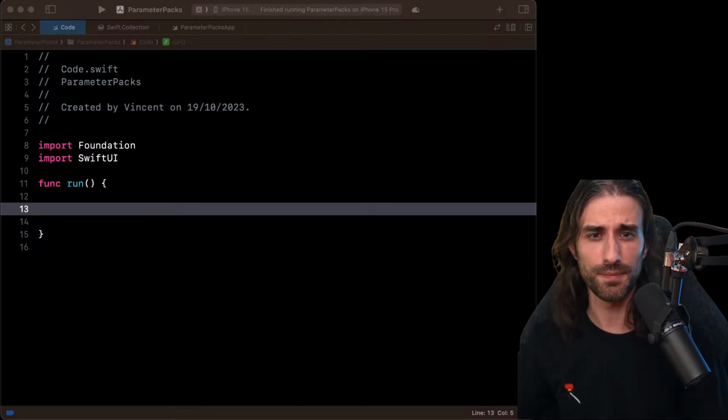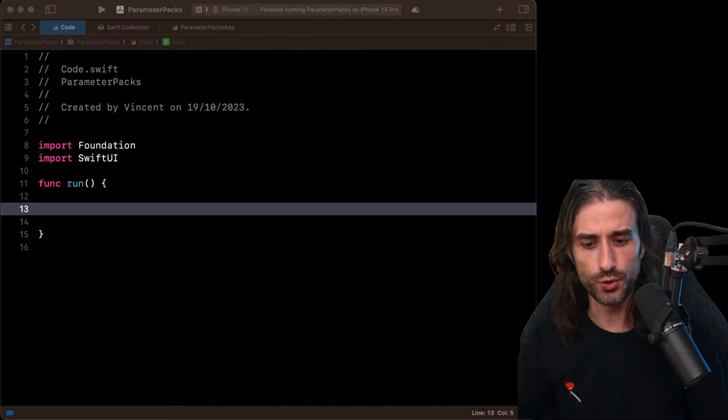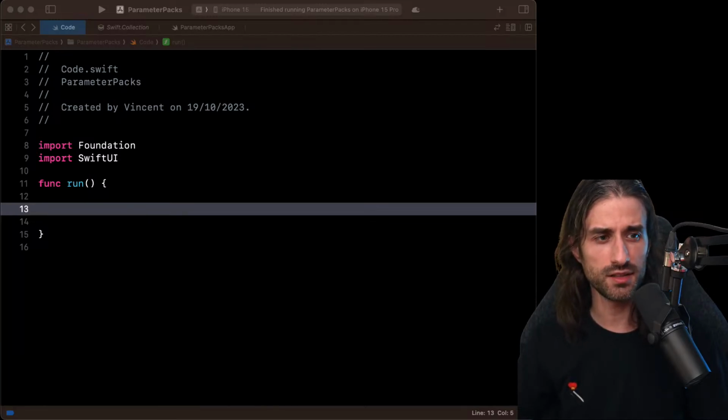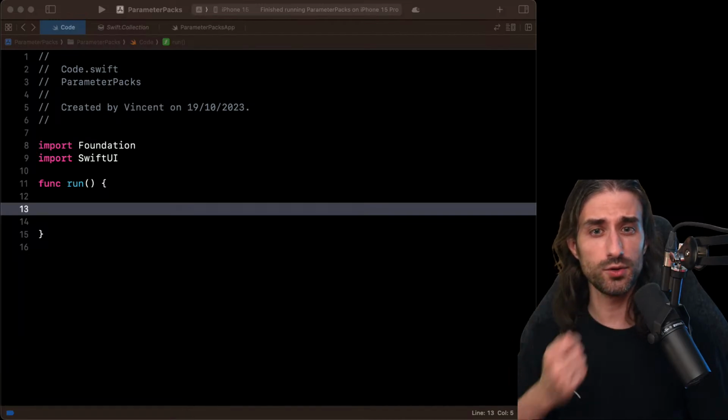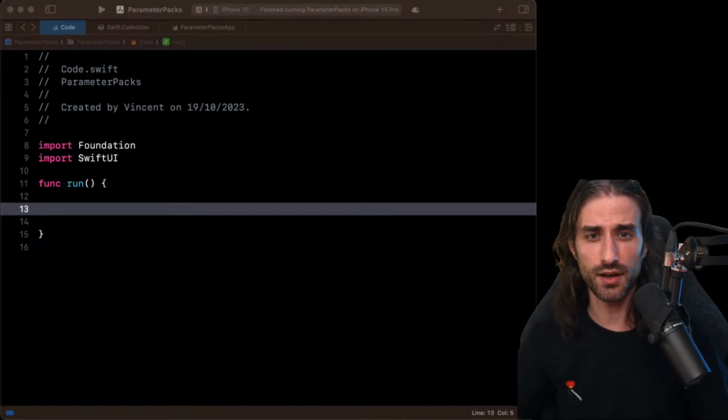So for the last example, let's imagine that, for instance, you are using SwiftUI and you're using the environment. You know that you can inject things in the environment, and one of the things you can inject are closures. SwiftUI actually does it itself. For instance, you have the dismiss closure when you want to dismiss a modal. But you can also inject your own closures, and that's very useful when you want to inject event handlers that react to a button being tapped, for instance.